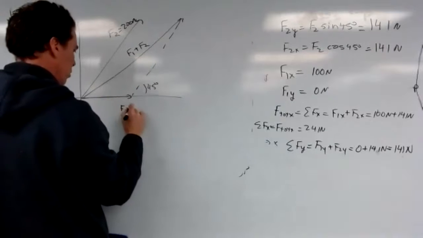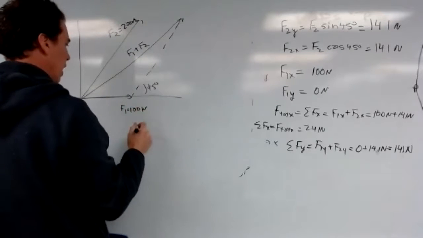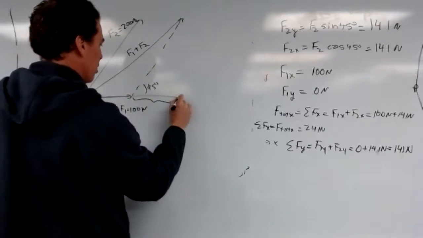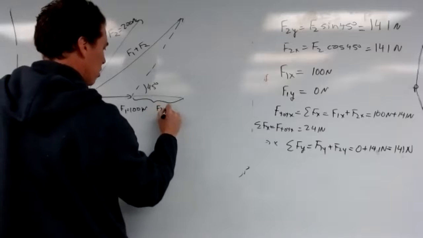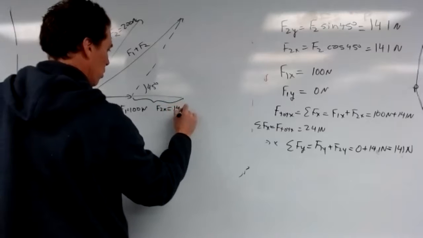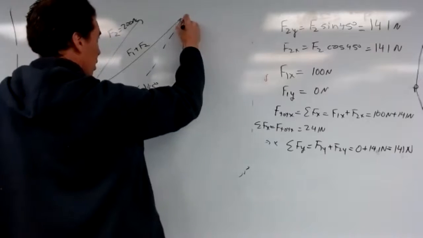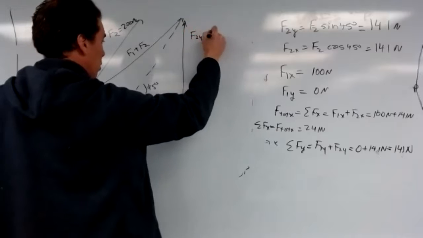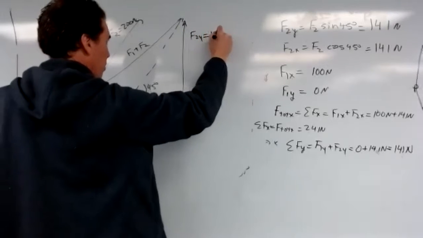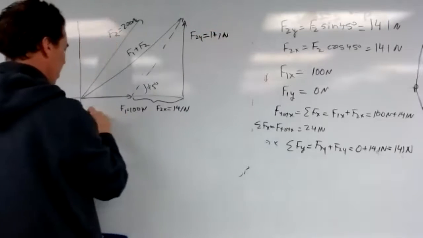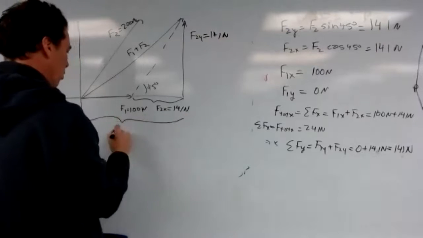This is 100 newtons. And so this distance here is F2x, which is 141 newtons. And this is F2y, which is 141 newtons. And so my F total